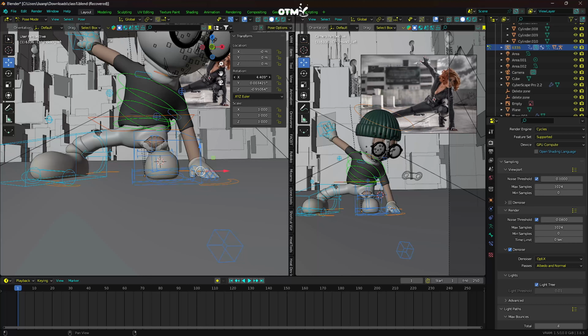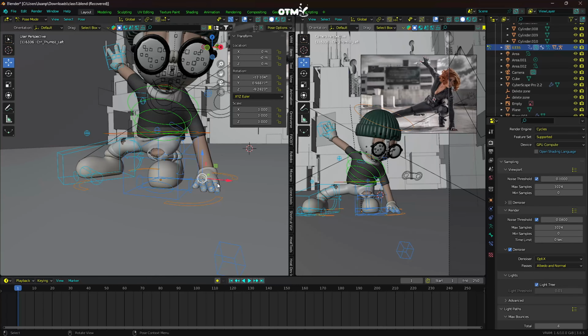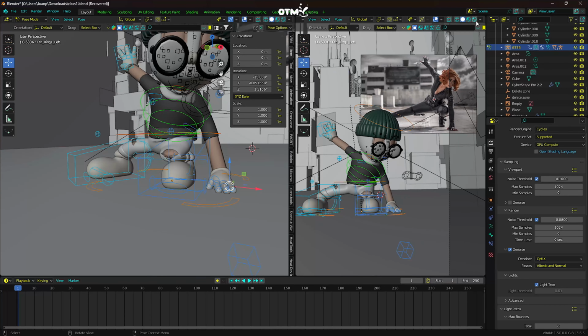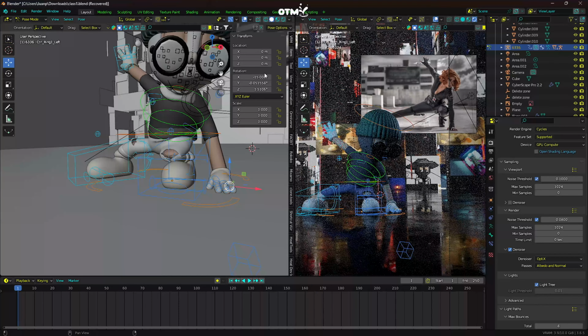So we bring them up. Bring it up. Bring it up. Same as its finger. Awesome. And then if we go to our viewing mode, we get a better idea of how everything